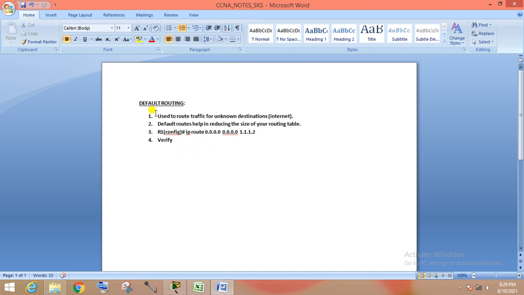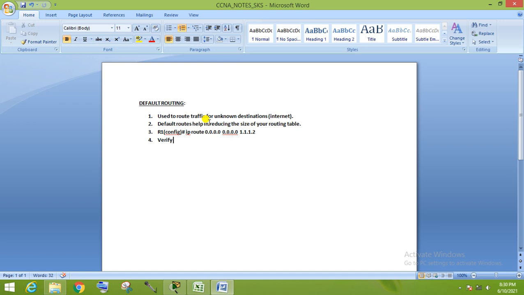First, we use default routing to route traffic for unknown destinations. If you don't know your destination, then you can use default routing. For static routing, we require the destination IP address, that is the network ID and subnet mask, to apply it.